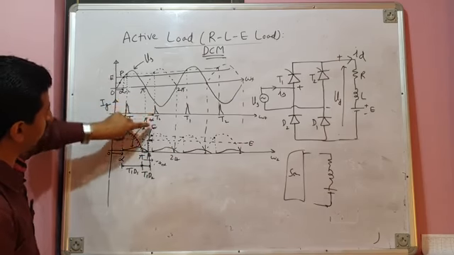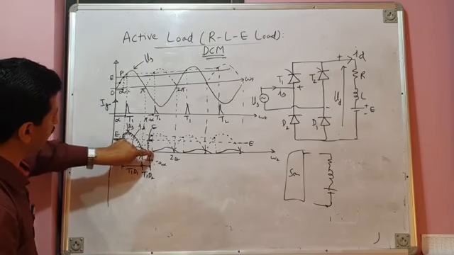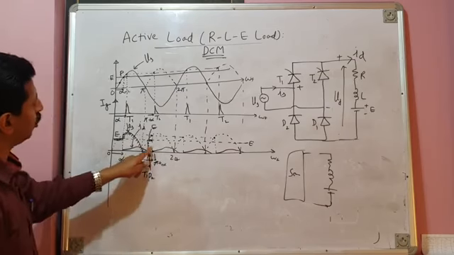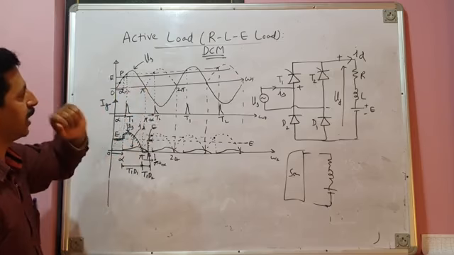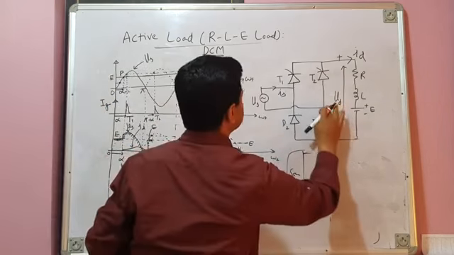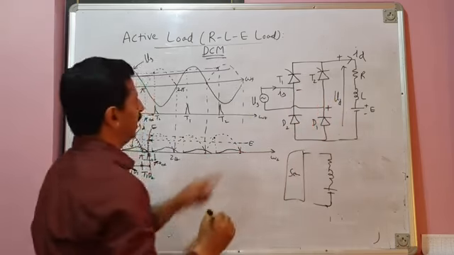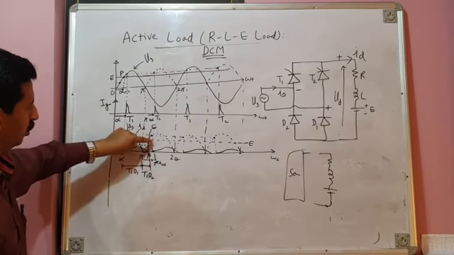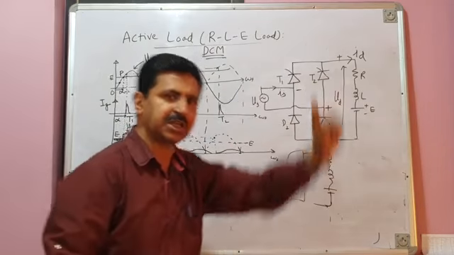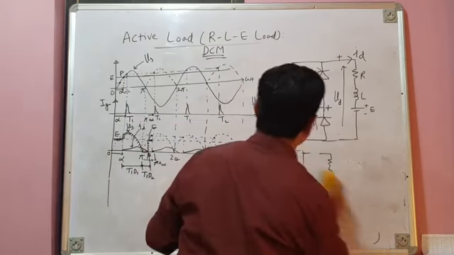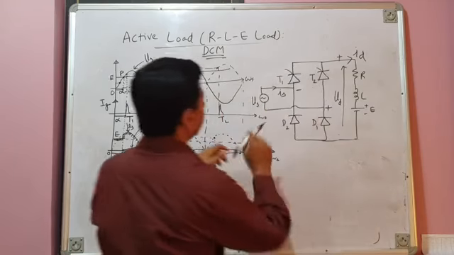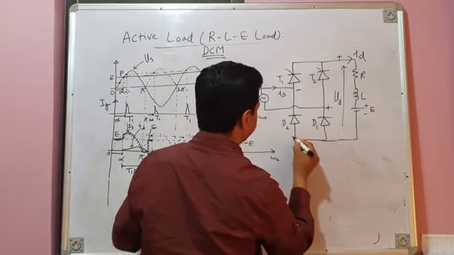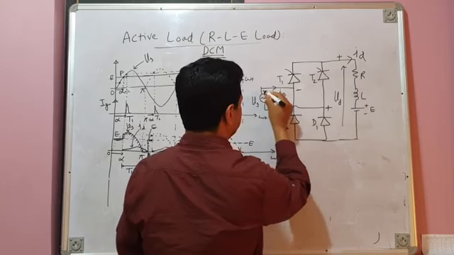Why is it the next instant of firing? After pi plus alpha. This is your pi and this is pi plus alpha. I have already written here. This is pi plus alpha. At omega t equal to pi plus alpha, negative half cycle of source voltage is there. That means this terminal has become positive with respect to this terminal. Thyristor T2 was waiting for the firing pulse, and the firing pulse is issued at omega t equal to pi plus alpha. Thyristor T2 will immediately go into conduction, and as T2 goes into conduction, current will now flow like this. Through T2, then through the load, and the return path will be provided through D2 and back.